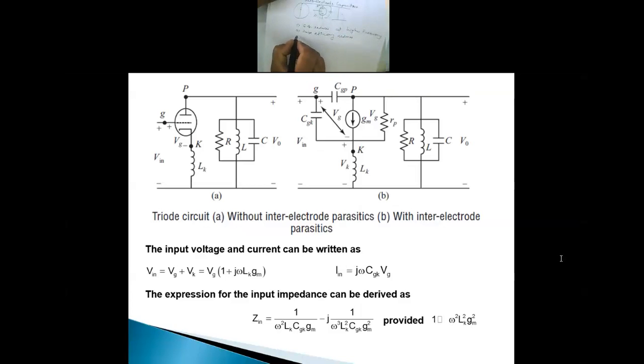Then there may be losses, which are called I square R losses. In a tube we have I square R losses, and again there are losses due to heat. You can say that because of the propagation of a signal through this, there will be heat, because of the DC beam propagating.